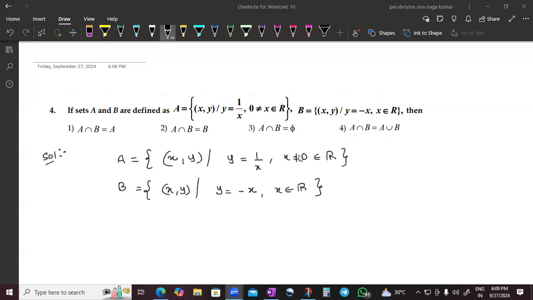So by observing these two points, what we understood is that one is a reciprocal graph and y equal to minus x is another graph. So let us try to draw the graph. Let us consider the x-axis and y-axis. This is x-axis and this is y-axis, x'ox and y'oy. So let's try to draw y equal to